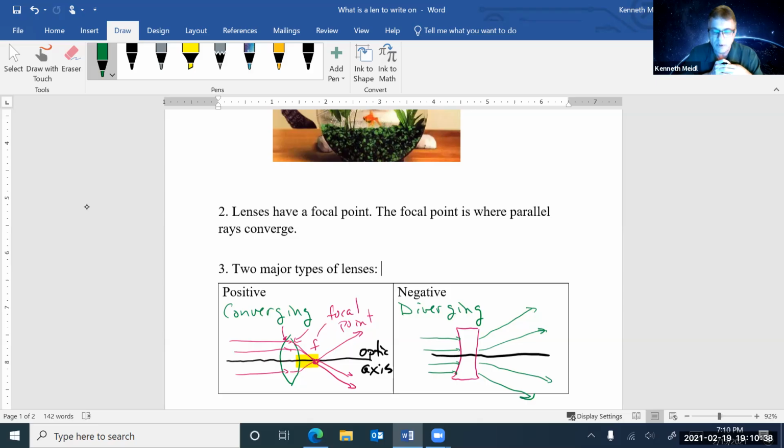And this will make more sense once we start playing around with the lenses and some of the vocabulary, and what's really happening with the light here. But if your eye is over here, so there's your eyeball, there's some eyelashes and so forth, and these light rays are hitting and they're getting further apart,